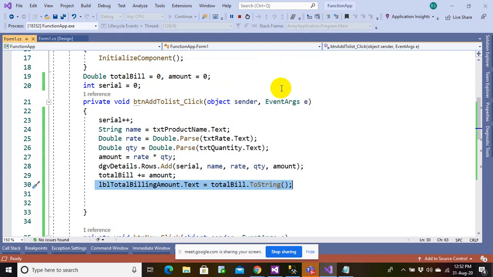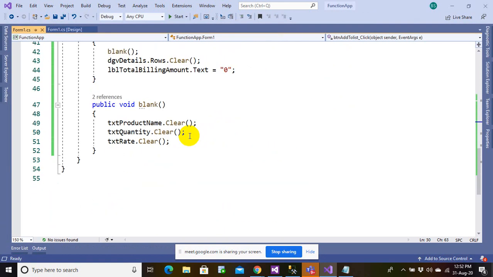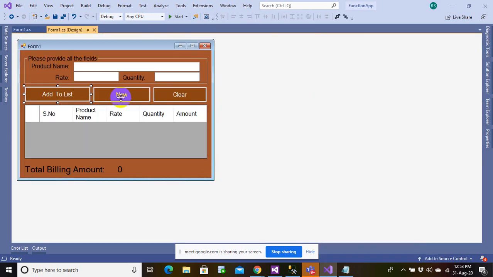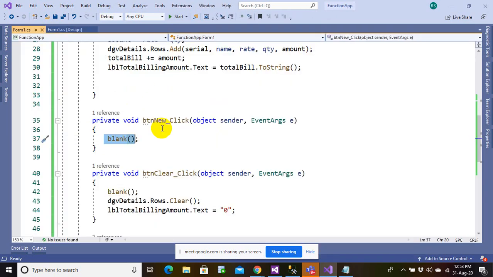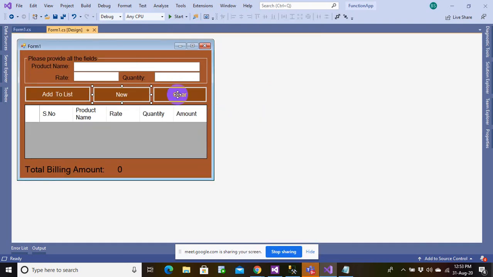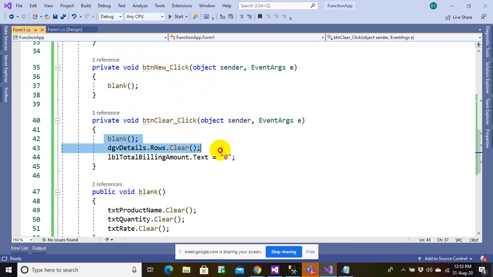So in order to perform that 2 times, I created a function. Here I created a function, public void make blank, where I cleared all the fields, and this function can be called anywhere. For example, it can be called whenever you click on this new button. So I just call this function instead of repeating all this code. Also, once I click on clear, all things should be cleared. Again, I am calling this function here, plus I am doing some additional work. So basically what I am trying to do is to reuse work by working with functions, everyone. I am just trying to implement the function here.